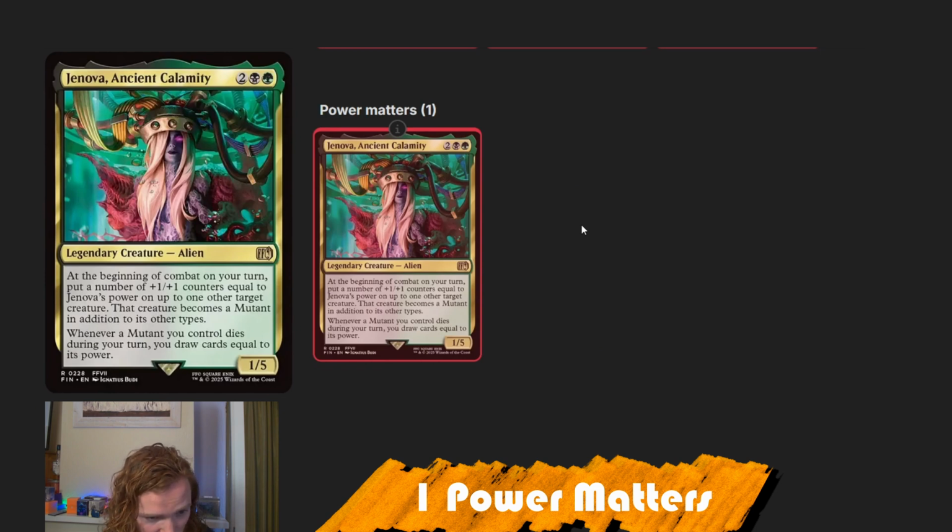She says at the beginning of combat on your turn, put a number of +1/+1 counters equal to Jenova's power on up to one other target creature. That creature becomes a mutant in addition, and whenever a mutant you control dies during your turn, you draw cards equal to its power. So buff Jenova by giving her counters, by equipping her with some big equipments,